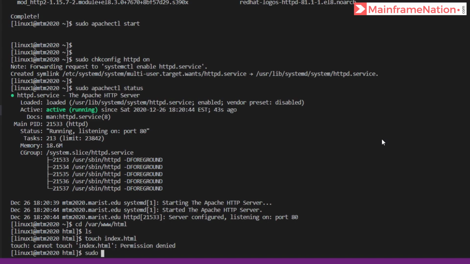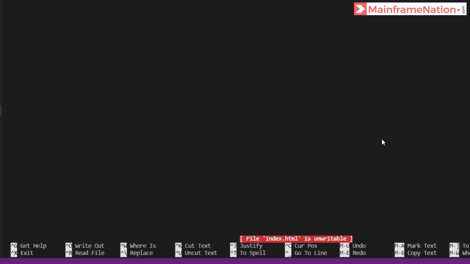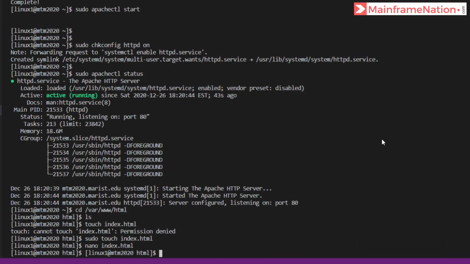Permission denied, so give here sudo touch index.html, and then let's edit it by giving nano index.html. It is showing unwritable. Let us give here sudo nano index.html.